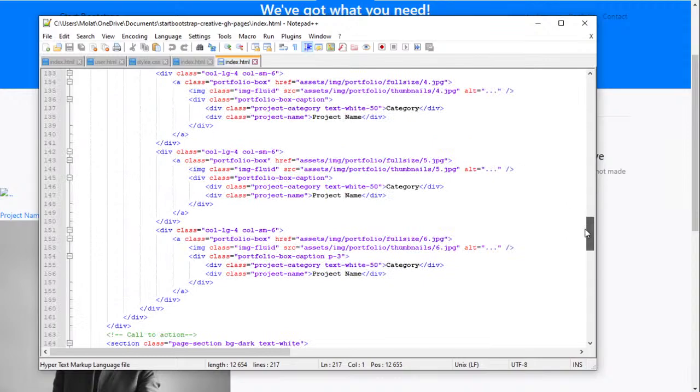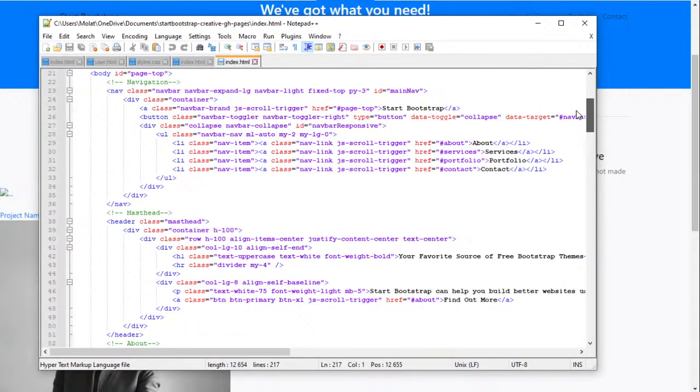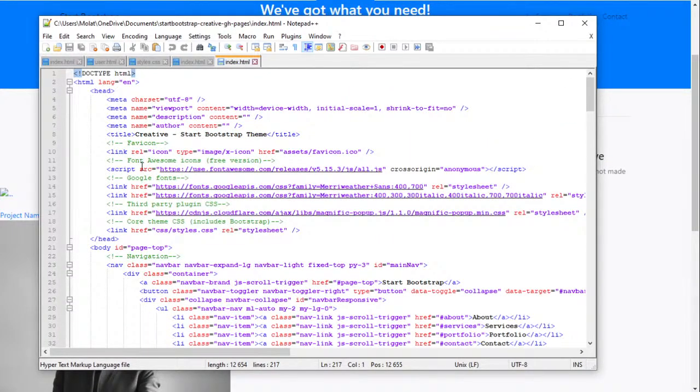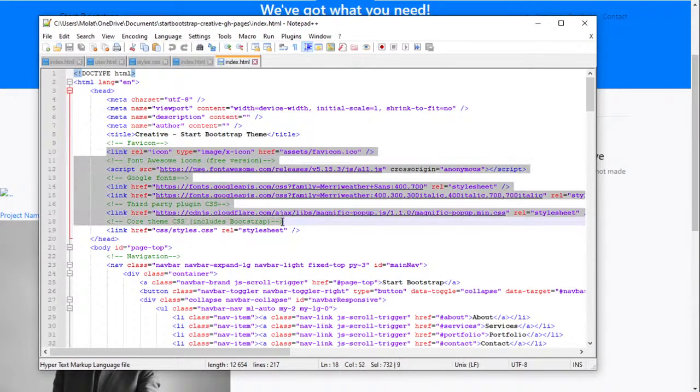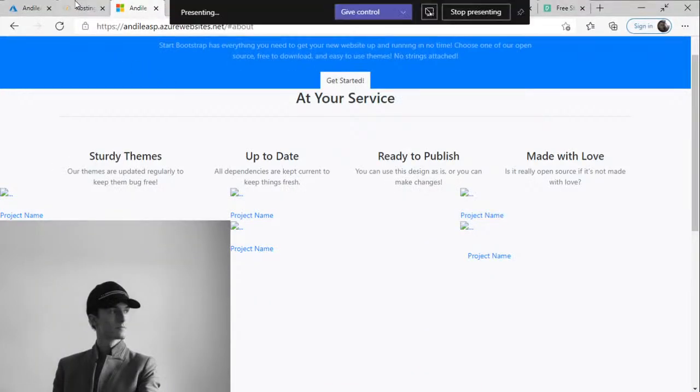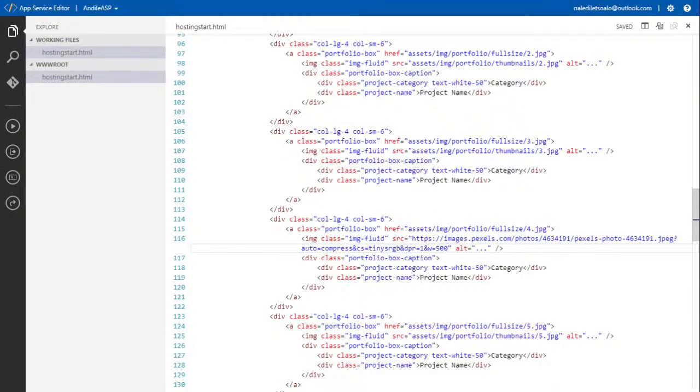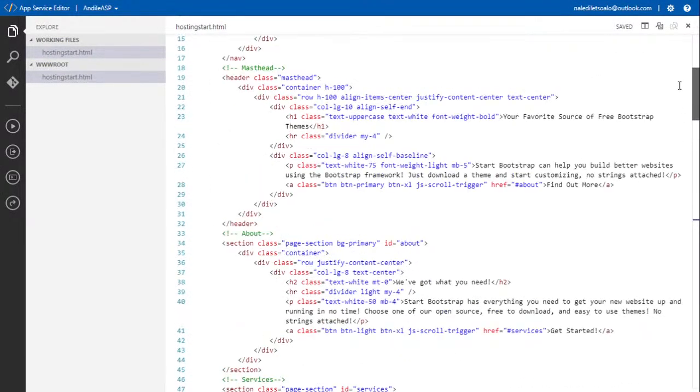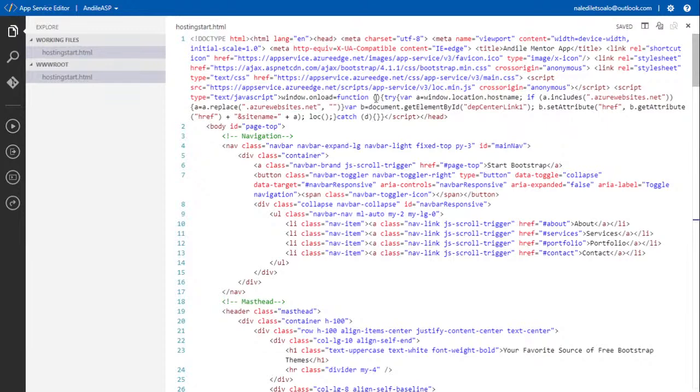And I'm going to need to go all the way up to the top over here. And I'm going to need to copy everything that is over there. So I'm going to just literally copy and go all the way to the top. Now, the reason why I'm going all the way to the top is because that's usually where we will find things like your links for certain things.